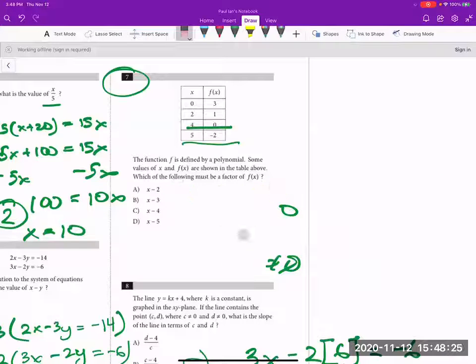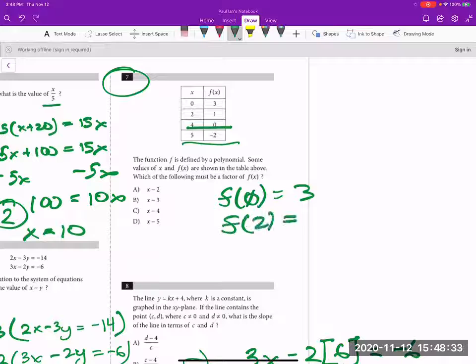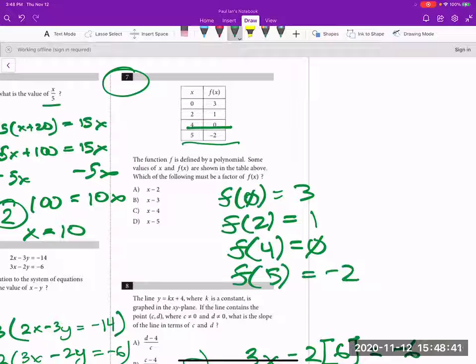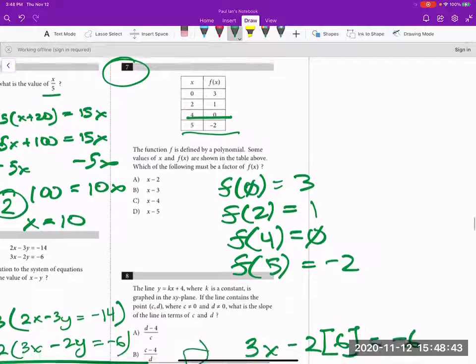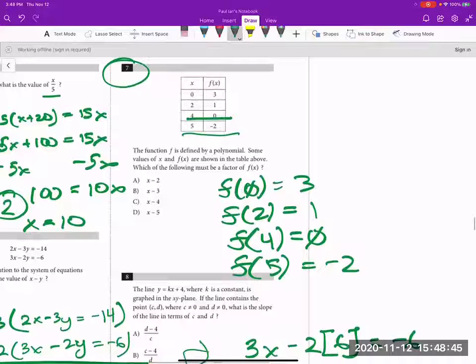Let's do something here. So f of 0 is 3. f of 2 equals 1. f of 4 equals 0. f of 5 equals negative 2. And if you did f of 2,